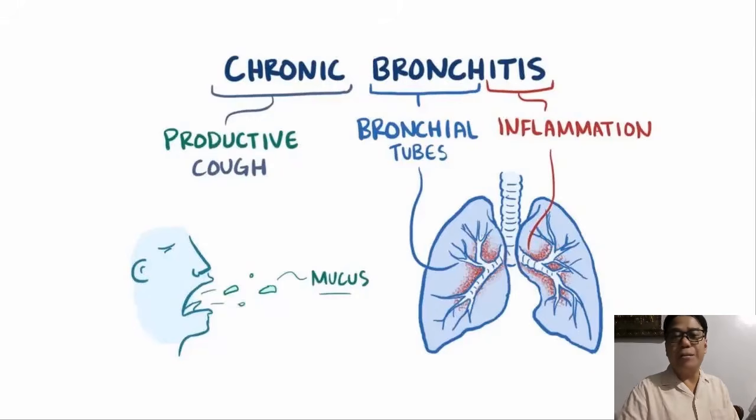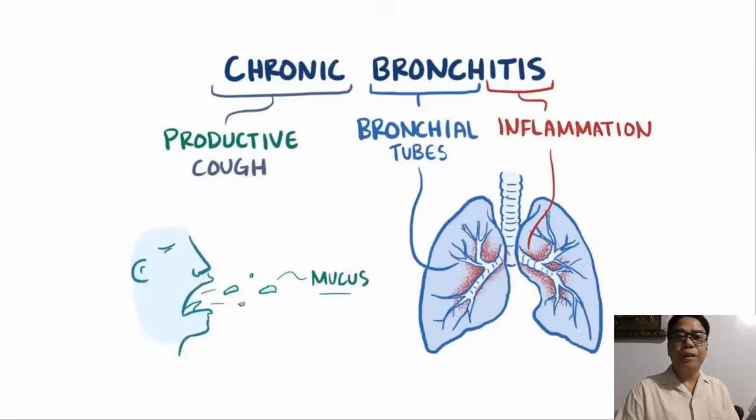So as a result, the bronchioles become inflamed. Okay? And because of that, it will cause the increase of bradykinins, histamines, prostaglandin. Okay, so if there is an increase in prostaglandin, it means that the patient will experience pain. That is why one of the common signs of chronic bronchitis is chest pain. Okay, so the increase in the bradykinins, the prostaglandin, the histamine will result in increased capillary permeability.